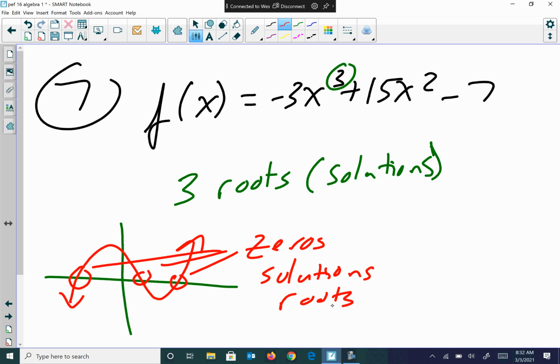Now, I say it could cross the x-axis 3 times, because this graph also could look something like this, where it only crosses once. Okay? But what you'll see in Algebra 2,